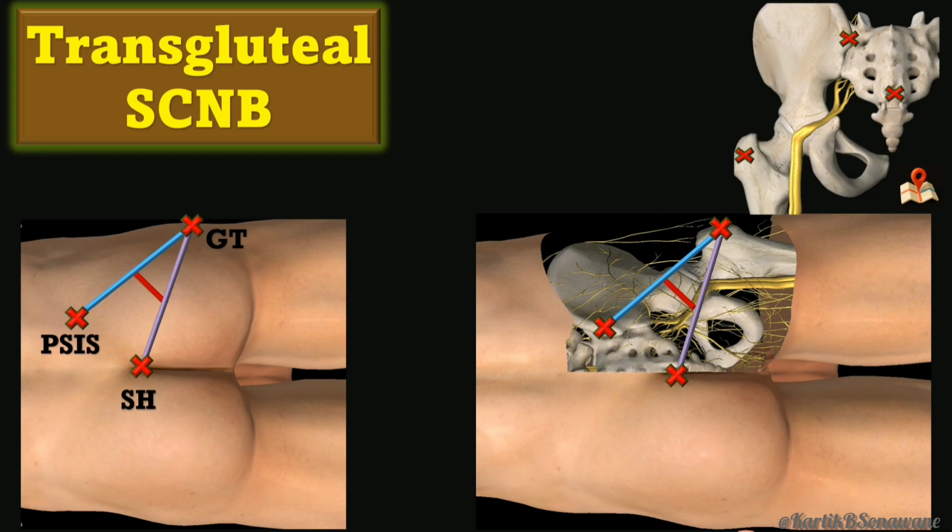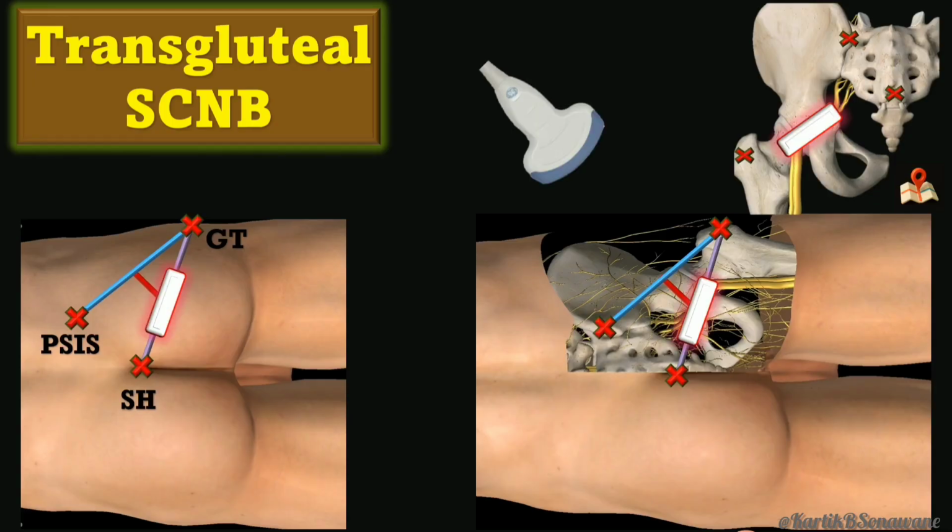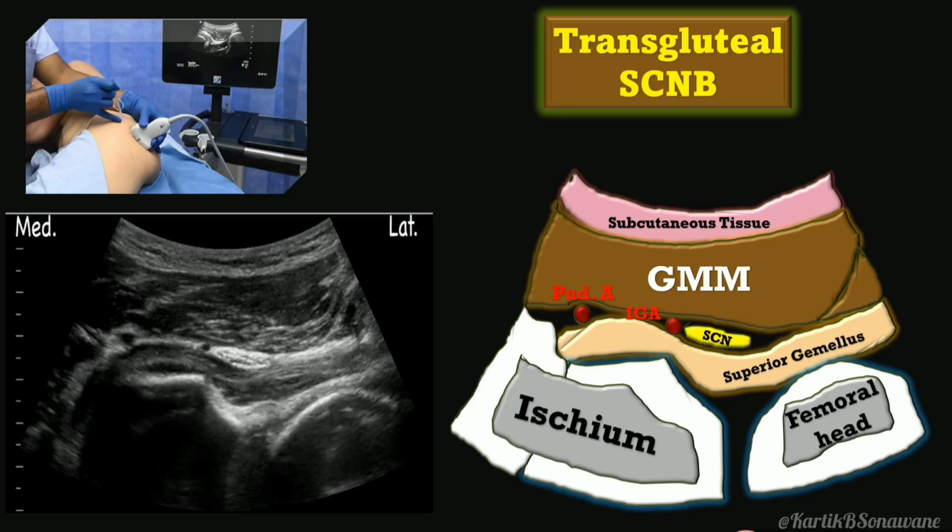Both Labatt's and Winnie's approaches have become less commonly used in modern practice due to the depth of the sciatic nerve at this level and difficulty in visualizing it under ultrasound. Some articles do describe a transgluteal ultrasound-guided approach where the probe is placed directly over the needle entry point of the Labatt's and Winnie's techniques. In this location, the sciatic nerve appears sandwiched between gluteus maximus muscle above and superior gemellus